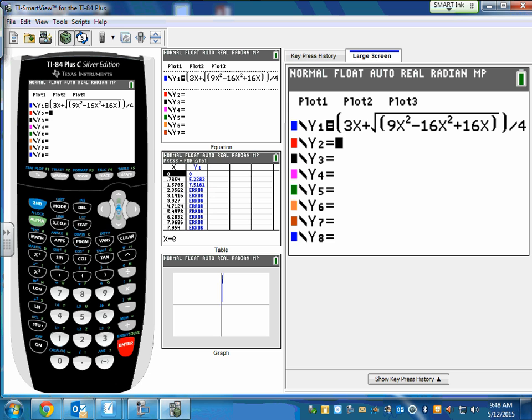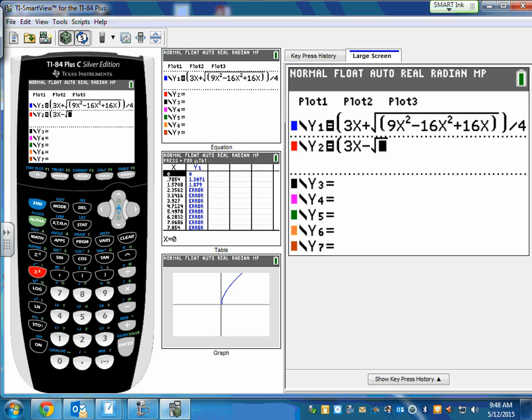And unfortunately, there's not like a copy and paste button here, so you just have to do it again, except change that to a minus sign. So the nice thing is you can always check that they look the same, except for the minus sign. So minus square root 9x squared minus 16x squared plus 6x